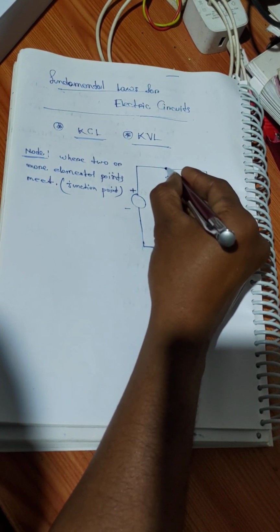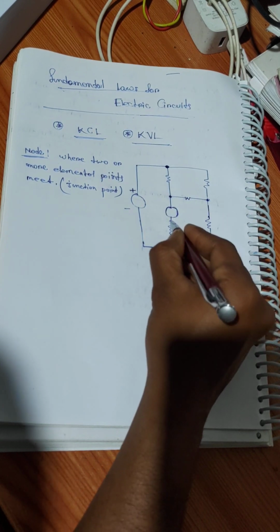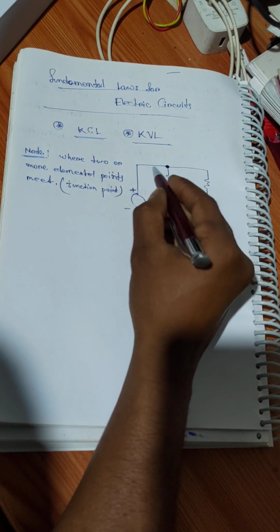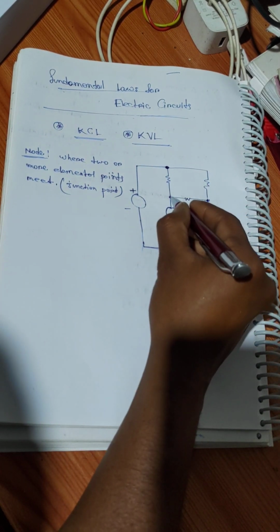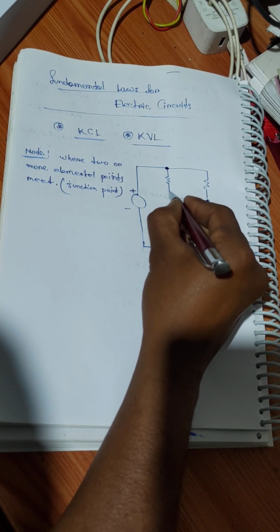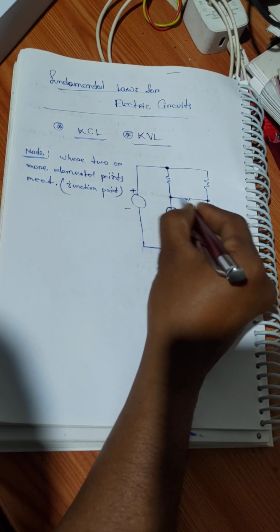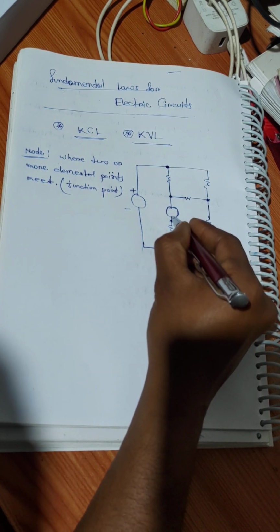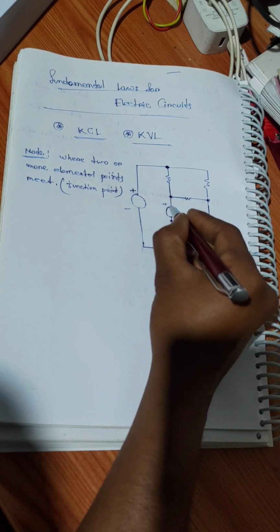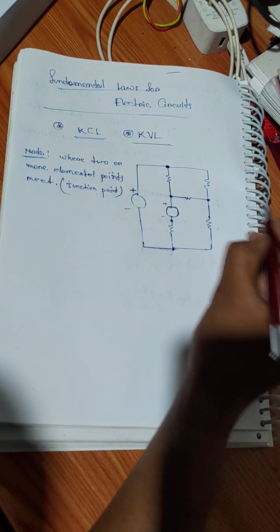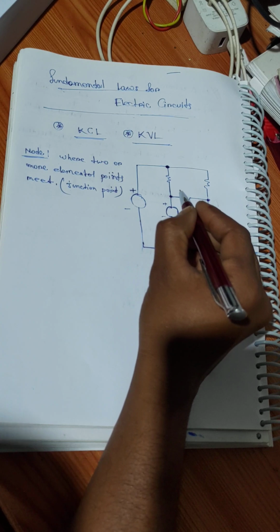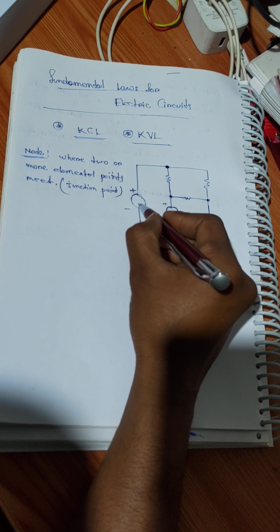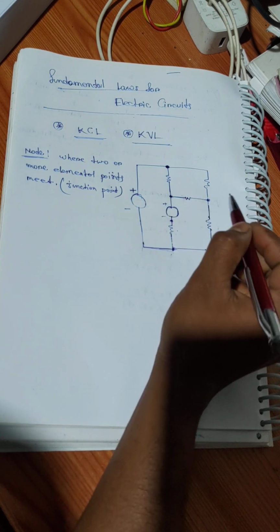So these are the nodes here: 1, 2, 3, 4, 5. These are the nodes where two or more, here also three elemental points meet, 1, 2, 3. Here 2, it's coming from this. These are the resistances. This one is the voltage source. Then